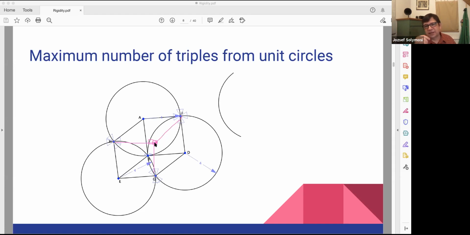Because this is the best construction I know. What was the question? What is the maximum number of co-unit circular triples? I will use the word unit circular. And it should be little n squared if you have n points. It can't be constant times n squared, but I can't prove it. And that's a very old question. And if you can prove this one, then this would also imply a partial result on a very famous, very old conjecture of Paul Erdős.